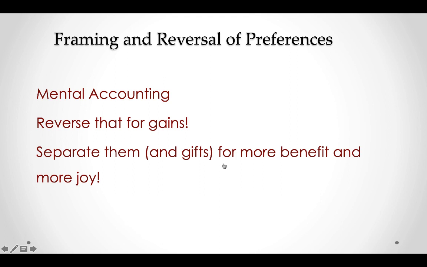What about gains? If we separate it out for gains, just imagine the following scenario. You're receiving $100 as a gift from your parents for your birthday and also $100 from your grandparents. How do you feel if you receive two times $100 rather than your parents giving you $200 and that's it? Which one do you feel better about? Now, if you go back to the value curve, you'll see that from 0 to 100 is a steeper curve than from 100 to 200 because of the diminishing return of the value curve.